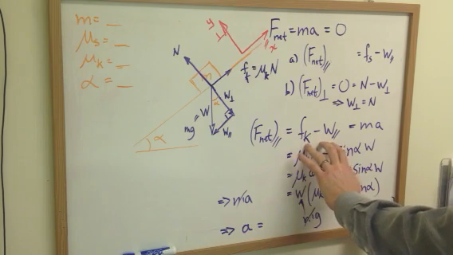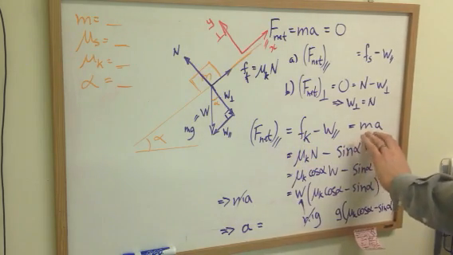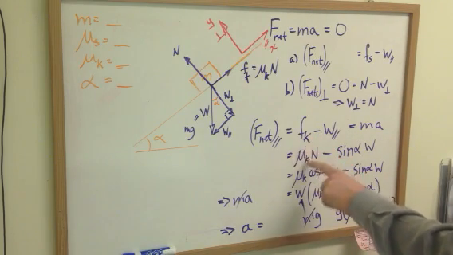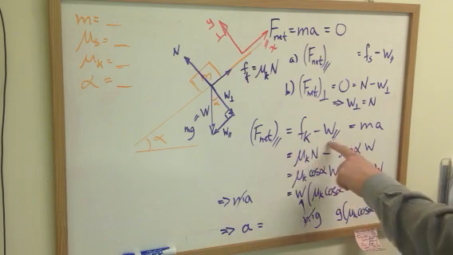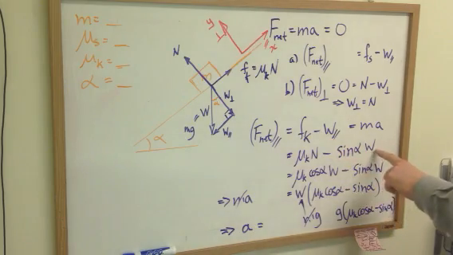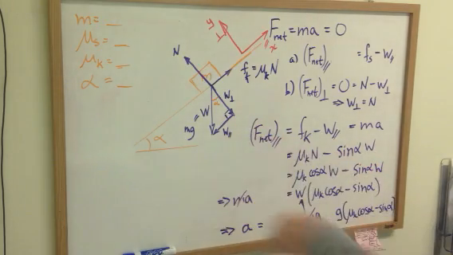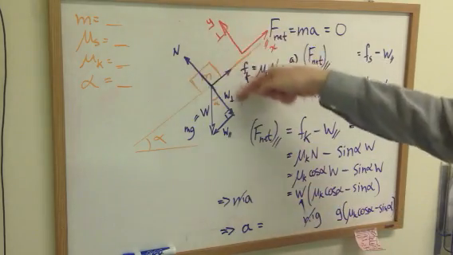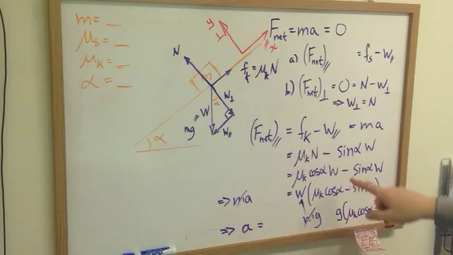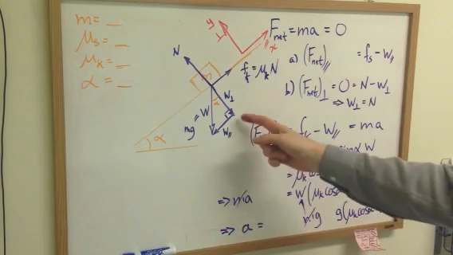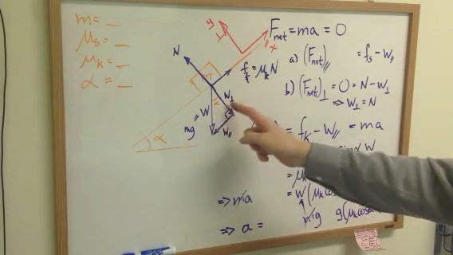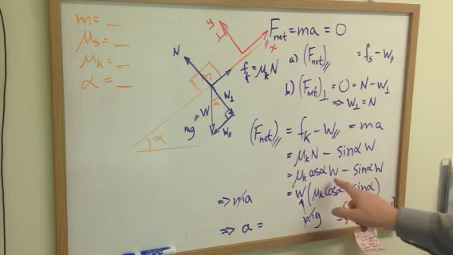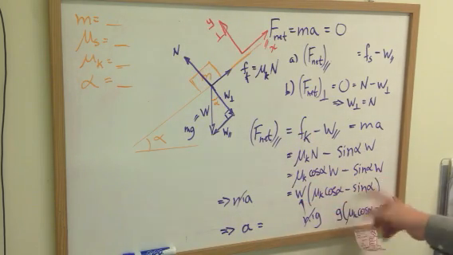If it isn't equal to zero, it's going to cause the mass to accelerate. What is the kinetic friction? Mu N. What's the parallel weight? It's the weight times sine alpha downhill. N is equal and opposite to the perpendicular weight, and the perpendicular weight is the weight cos alpha. Substitute that in. I can factor out these weights, and it's interesting that the weight is mg,